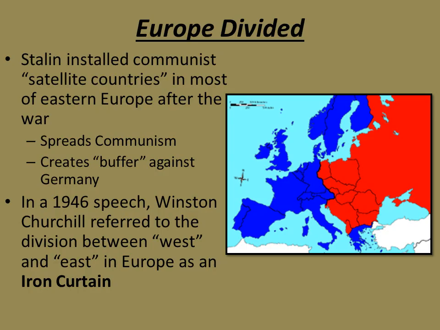So as you can see in this map, you have this very well-defined division between the countries that were democratic and inspired by American and British style of governments, really, and the communist countries in the East that are noted in red there. Winston Churchill referred to this as an Iron Curtain in a speech that he gave in 1946. Now, it's not a literal fence or anything like that, but it is a very well-defined border between West and